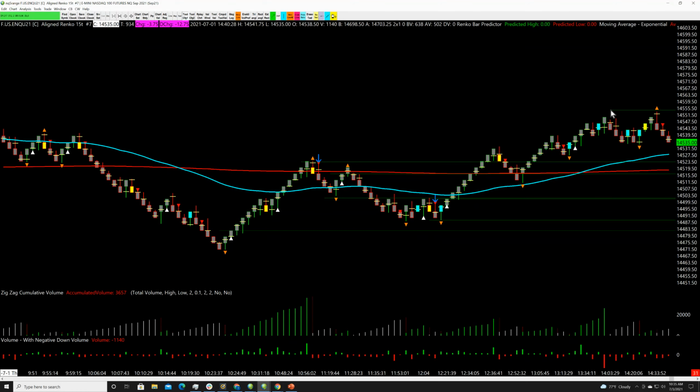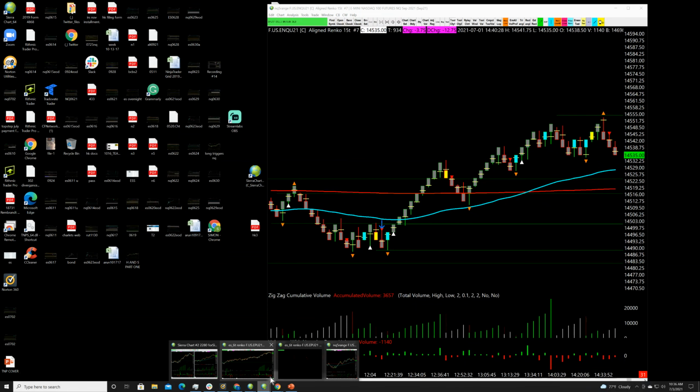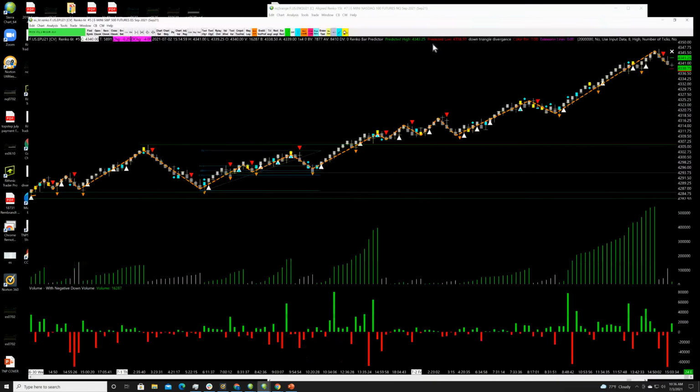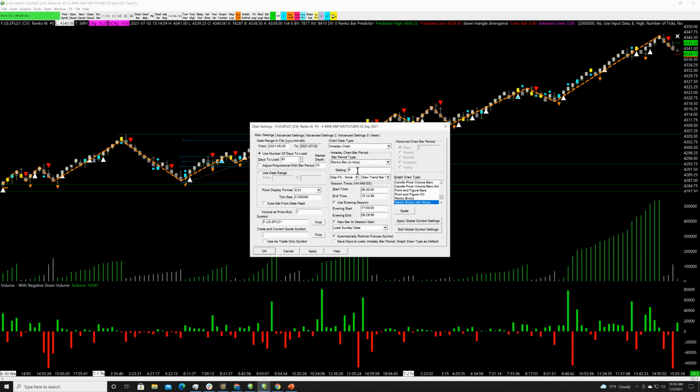So now I'm going to take another moment here and go through ES. So let me find my ES chart for Thursday. ES is actually on a 5-tick Renko because it was so slow. So I'm going to reload this to 5 ticks. It's not going to make much of a difference. There was just zero rotation.